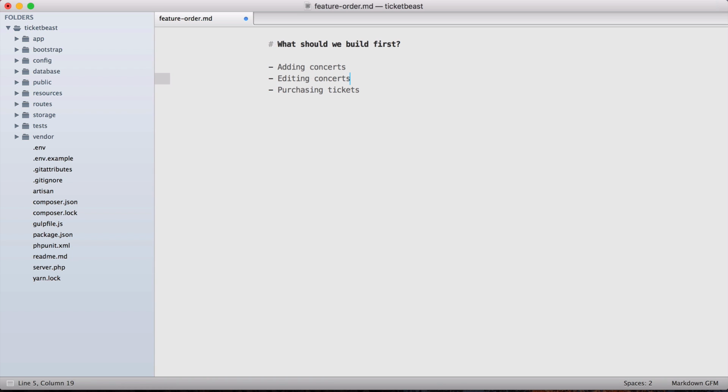Another feature that might be important is being able to control when a concert is visible, like when it's published, something like publishing concerts. Because imagine a situation where tickets for a concert were supposed to go on sale at midnight on December 1st. It'd be kind of a bummer if the concert promoter had to sit on their computer at 11:59 at night, adding all this information and trying to hit save at just the right time so that the tickets go on sale at the right time. It'd be nice if they could just get the concert in the system and then go and publish it when